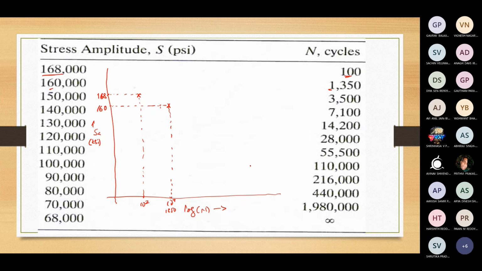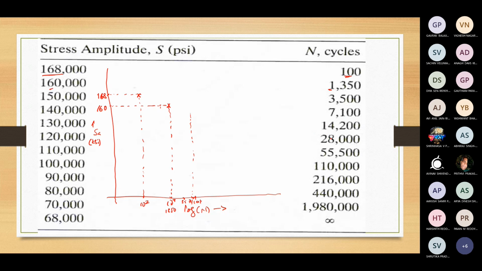Correspondingly, for other points you can see it is 3500 on a log scale. Accordingly you have to mark. If you take log scale, somewhere here we may get 3.5, somewhere closer to the 10 to the power 4. If this is the 10 to the power 4 line, we want to draw a little bit closer in a log scale. You can get 7100. So 7.1 I'll write here. So that would be another value. Not all values are required to plot, and this diagram plotting is not a requirement for the present problem. I was just showing you that the given table is nothing but the SN diagram. Only that is the thing.